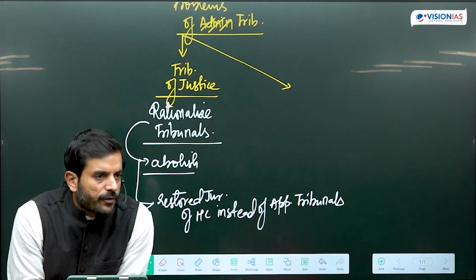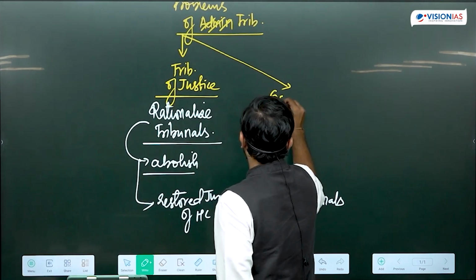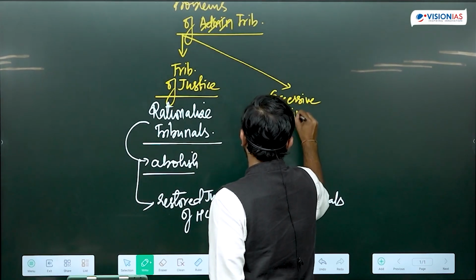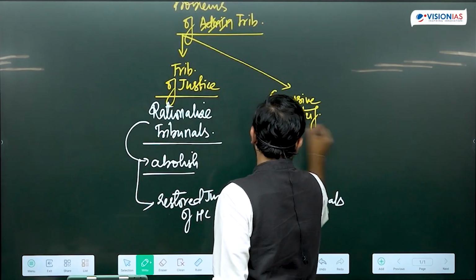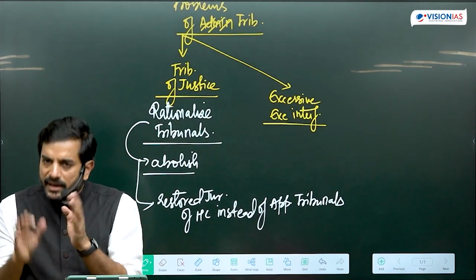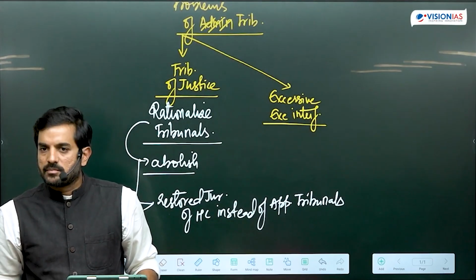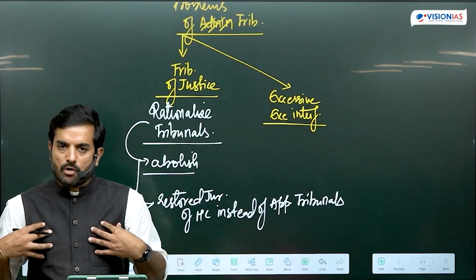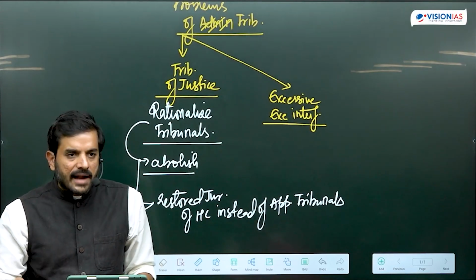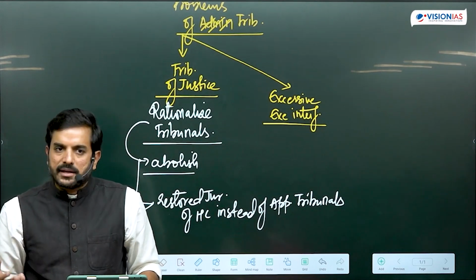Second problem with respect to the functioning of the tribunals is excessive executive interference. If you have read the topic of tribunals, you would know that this is one big problem with the tribunals, that the parent ministries were controlling the appointment to the tribunals for a very long time. So if I am Ministry of Finance or I am Ministry of Corporate Affairs, and in NCLAT I am only deciding who the members are going to be, and I am one of the parties, how can I expect the